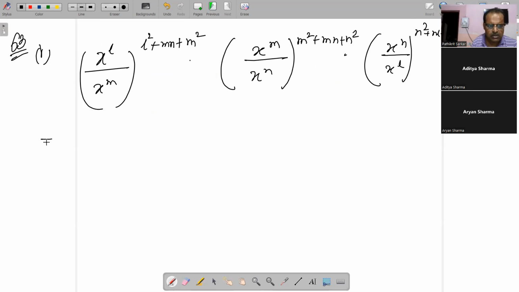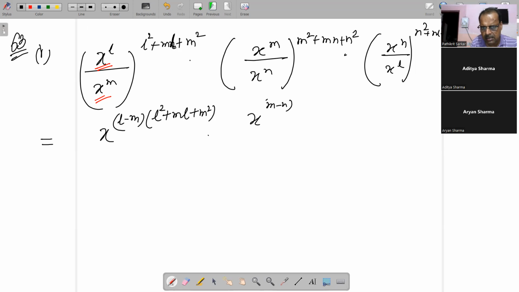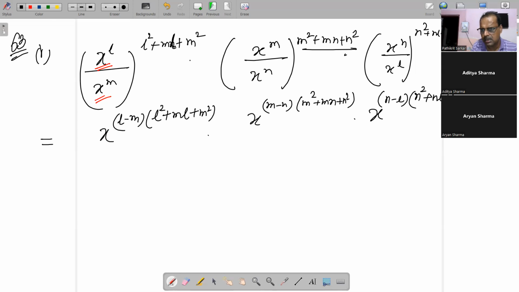तो इसको कैसे लिखे सर, यहाँ पर बेस जो है ना, सो दिस बेस इज x, दिस इज x। सो व्हाट वी कैन डू ओवर हियर, हियर यू कैन राइट डाउन x to the power l - m, और here you can write l² + ml + m², ठीक है, उसको चेंज कर दिया। यहाँ पर होगा x to the power m - n और उसके साथ ये मल्टीप्लाई हो जाएगा, दैट मीन्स इट कम डाउन टू m² + mn + n² और यहाँ पर होगा x to the power n - l और उसके साथ ये पोर्शन मल्टीप्लाई होगा, दैट इज n² + nl + l²। अभी ये पोर्शन जो है इसका एक फॉर्मूला है, पूरा के पूरा फॉर्मूला है, वो है सर अगर AQ - BQ का फॉर्मूला आप याद करें तो दिस फॉर्मूला इज A - B